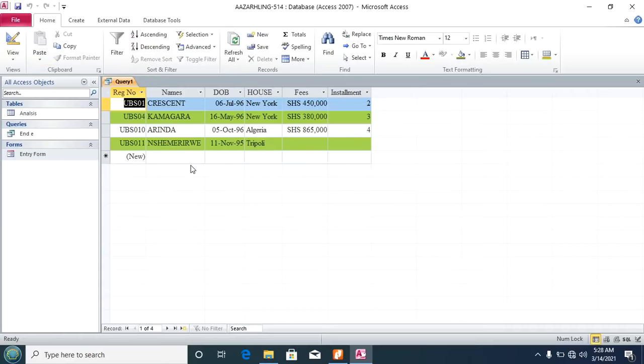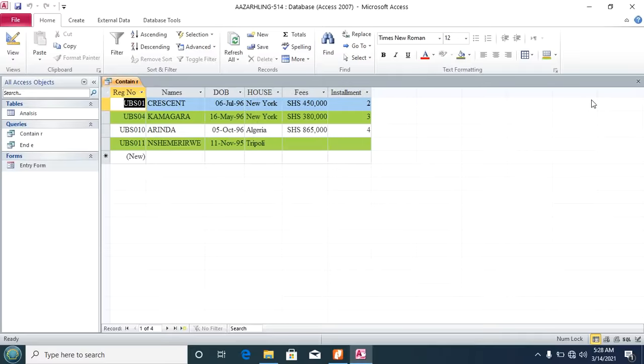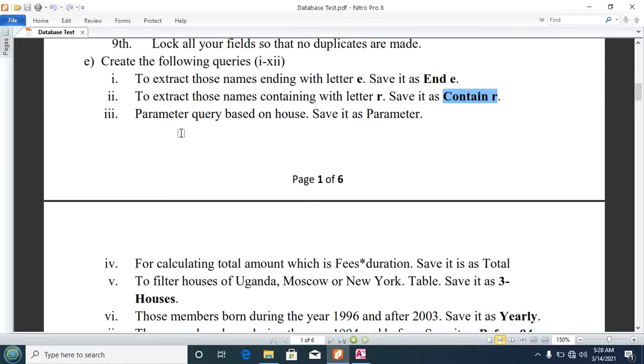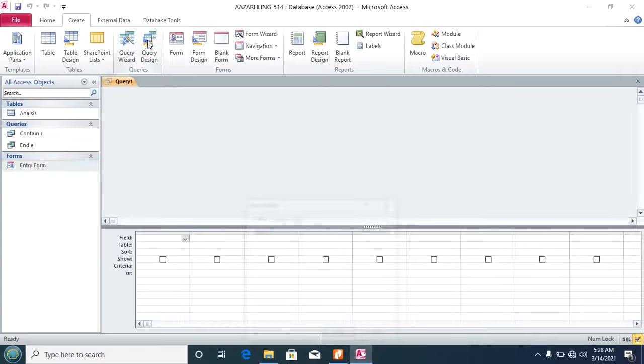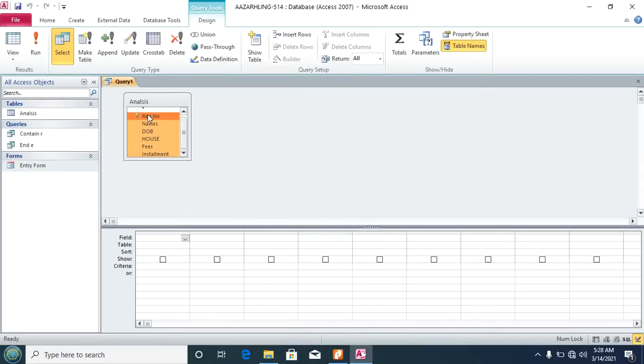These are names containing R. Save it as contain R. You click OK and close your query. Next is that you create a parameter query based on house. Save it as parameter. We create query design, add, close, put all the fields, criteria under house, go to builder,